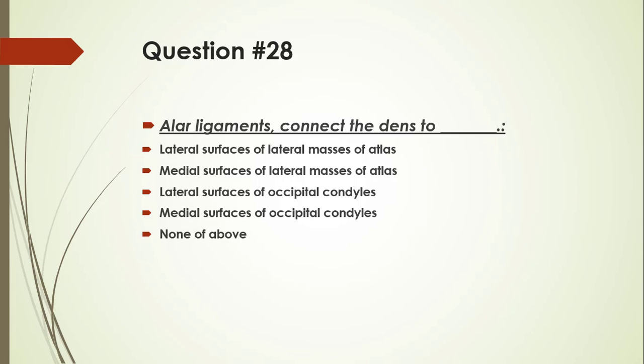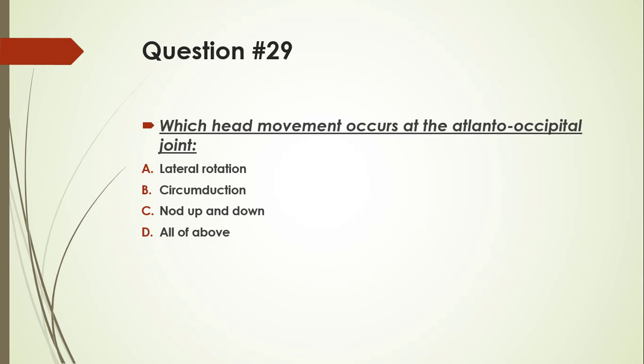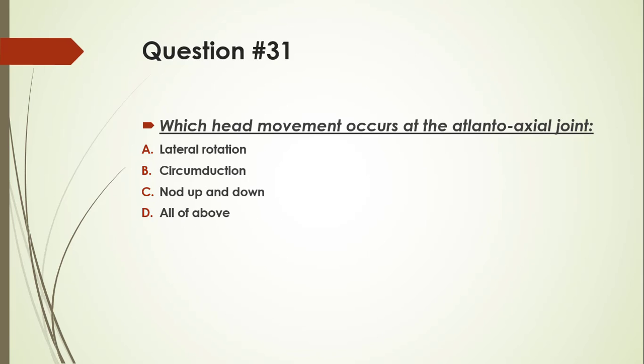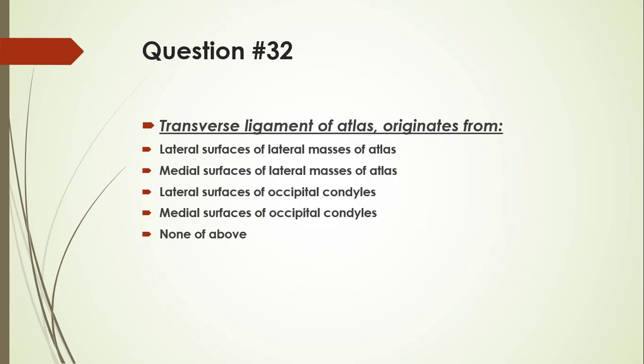Alar ligaments connect the dens to. Yes head movement occurs at the atlanto-occipital joint. One of the following ligaments holds the dens in position. No head movement occurs at the atlanto-axial joint. Transverse ligament of atlas originates from